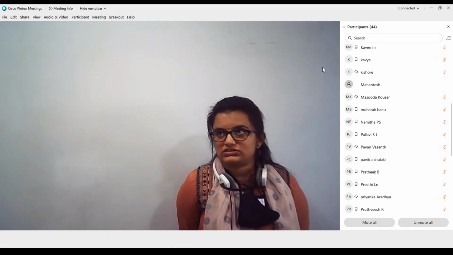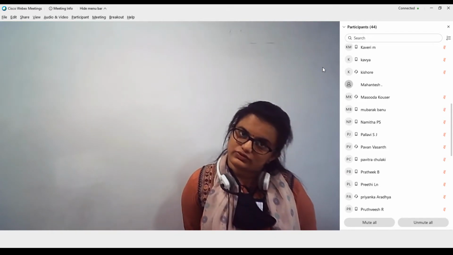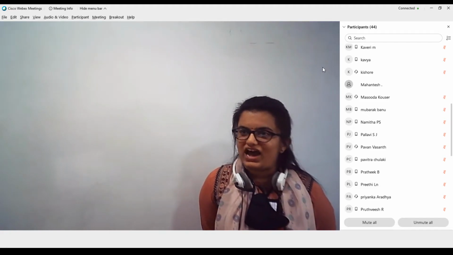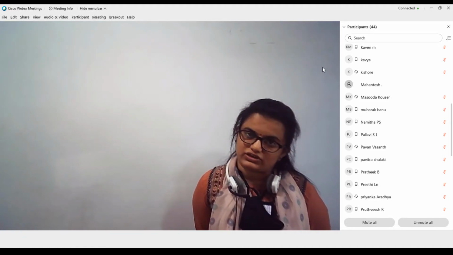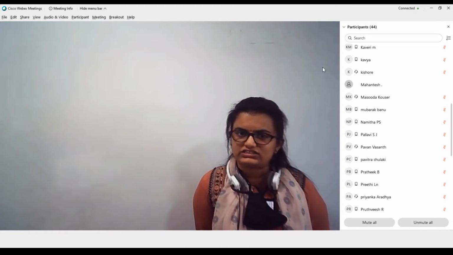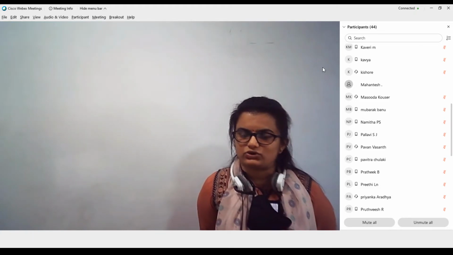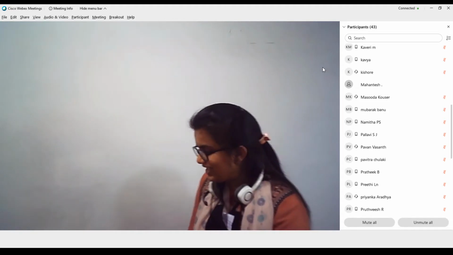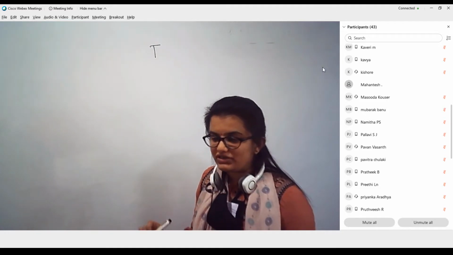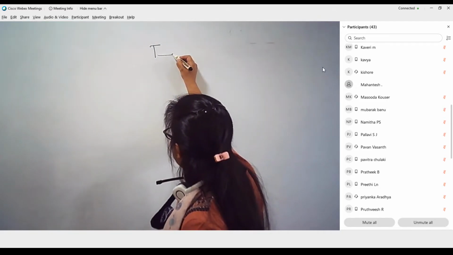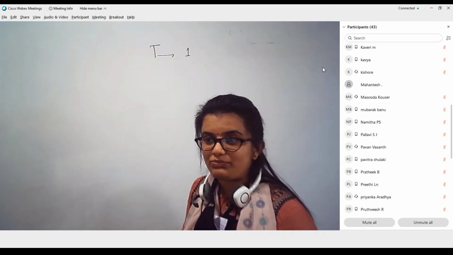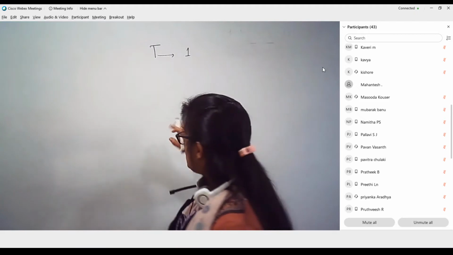See, when we discuss source encoding techniques, you will understand that there are different methods to do this. We have Huffman coding, adaptive Huffman coding, run length coding, all of which are lossless techniques that we will be using in source encoding. Depending on when the alphabet is going to appear, let's suppose I assign this as bit 1. Depending on the probability of its occurrence, we are going to assign the bits.